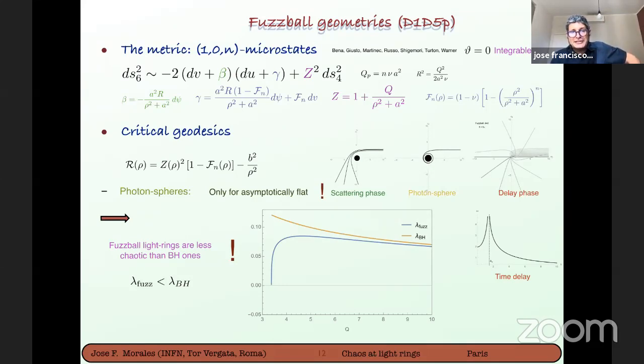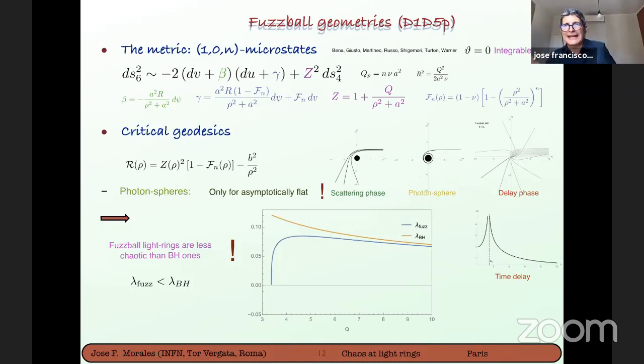And this is very interesting, because if this would be confirmed, if this would be a general characteristic of all regular solutions, or all solutions with structure at the horizon scale, this will give very precise predictions for gravitational waves. Is this an artifact of extremality, though? If you compared it to an extremal black hole or an extremal Reissner-Nordström black hole, would you get a lambda of the same order? Good point.